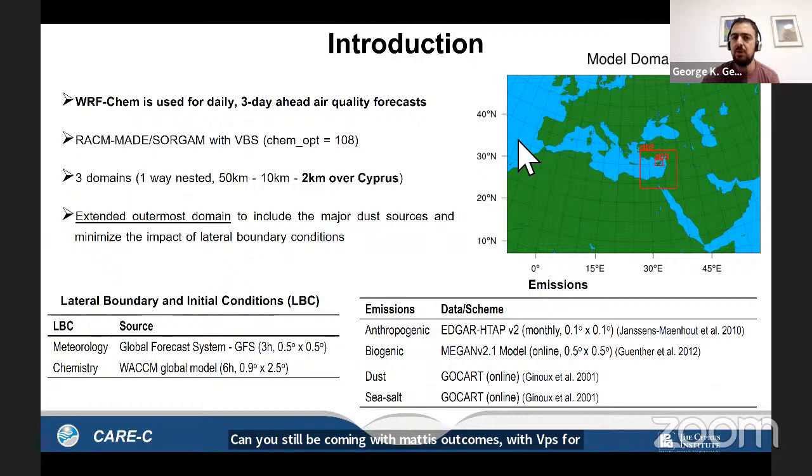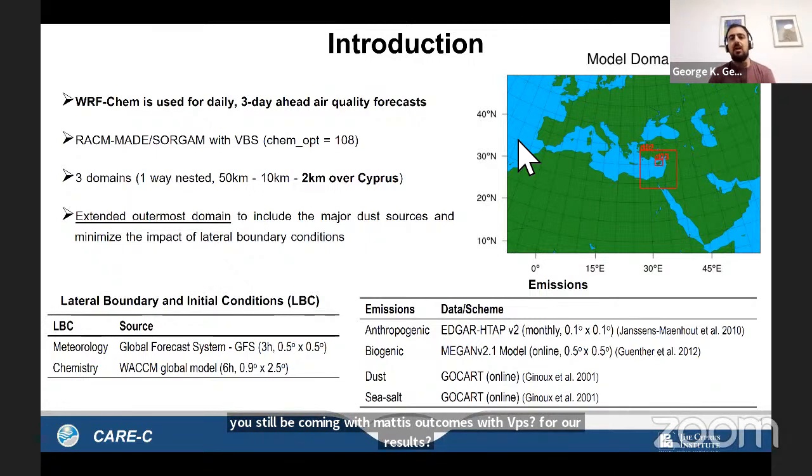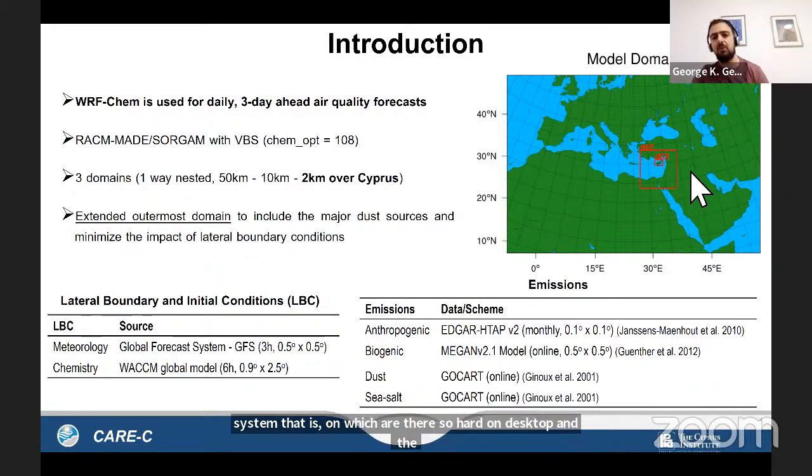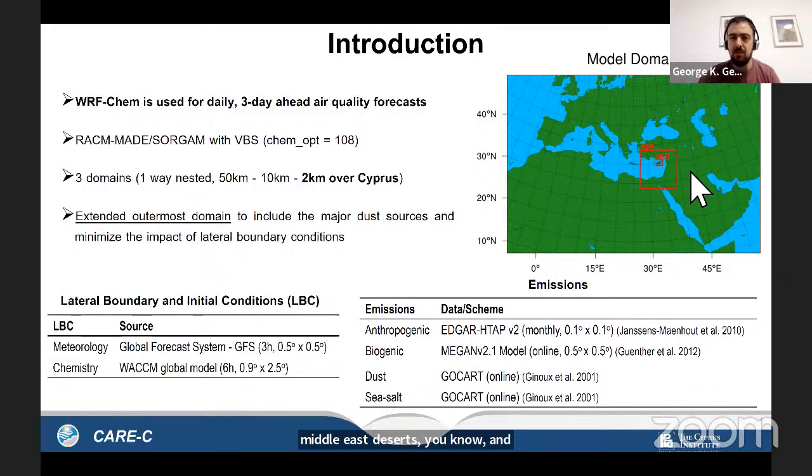As you can see on the right, we are using 3 one-way nested domains. The first domain runs at 50 kilometers and includes the major dust sources in the region, which are the Saharan Desert and the Middle East deserts. Dust is a very important factor for air quality in our region. The second domain runs over the Eastern Mediterranean at 10 kilometers, and the third domain focuses on Cyprus